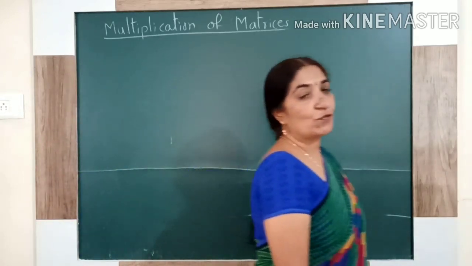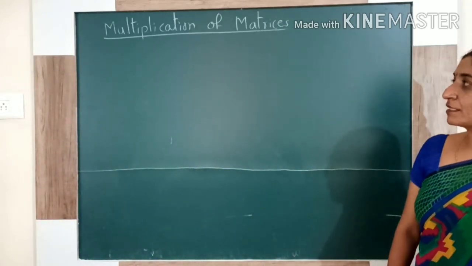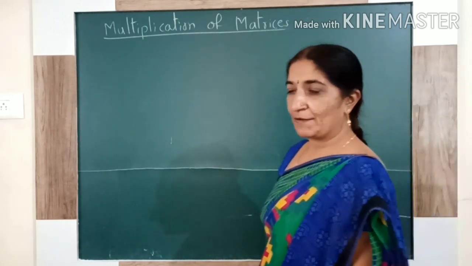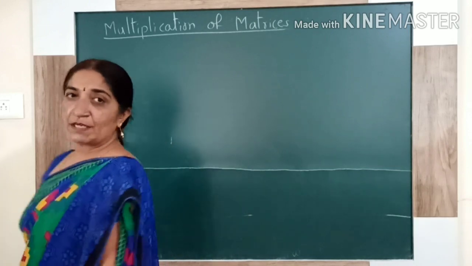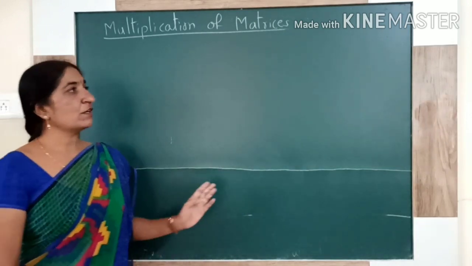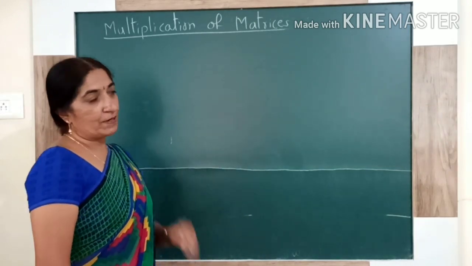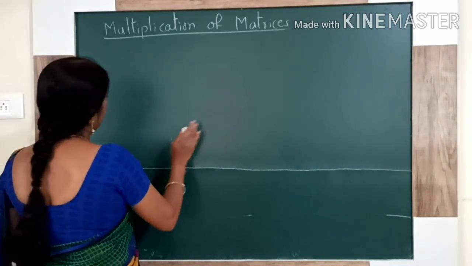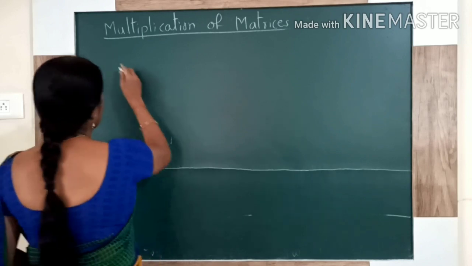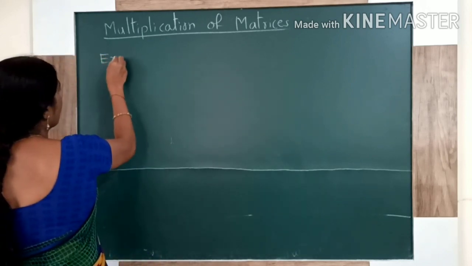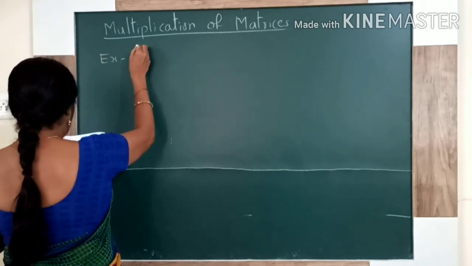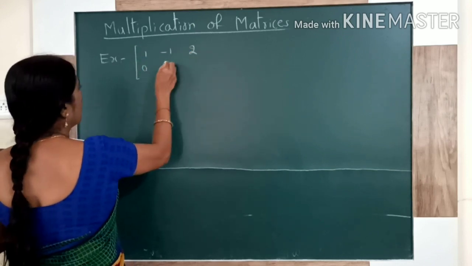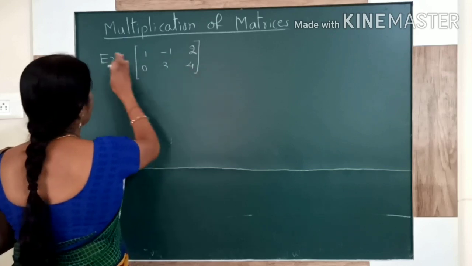So in addition, what you observe is that when the two matrices have the same order, we just add the corresponding elements, and it is very simple. Similarly, if they have the same order, we go for corresponding element subtraction. But multiplication of matrices is a little bit different, but it is very interesting. Before any definition, I will explain with the help of an example. Then only you can understand the definition very easily.